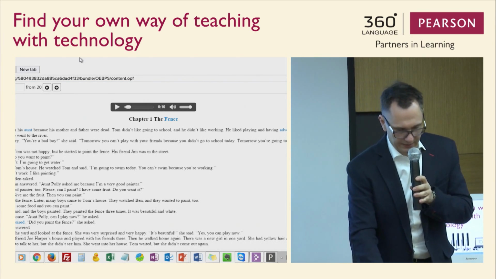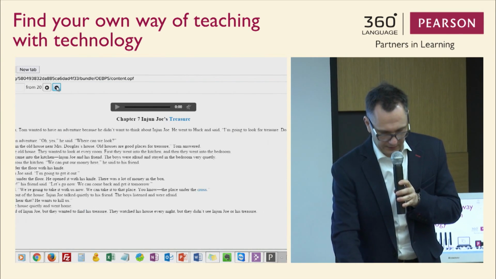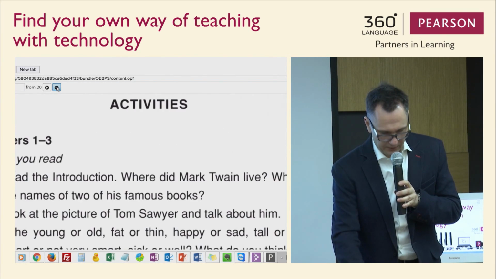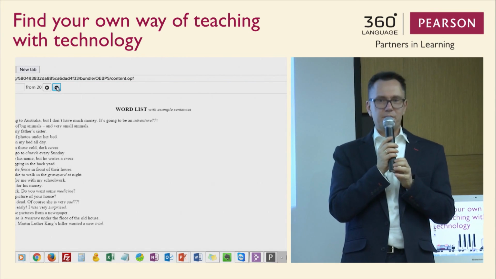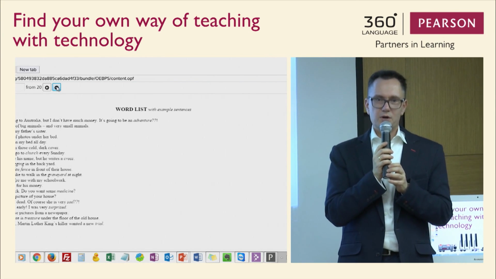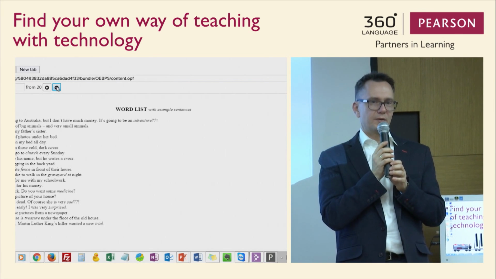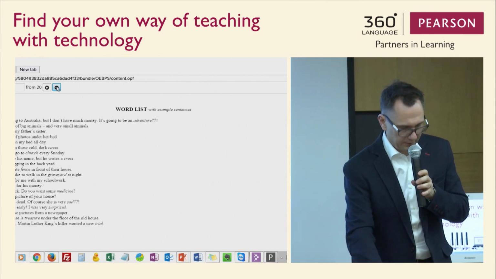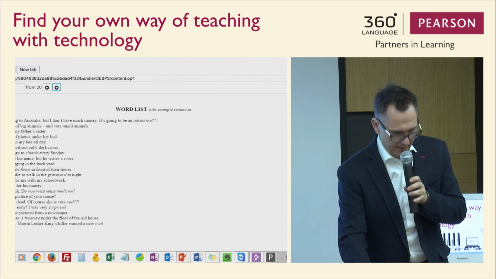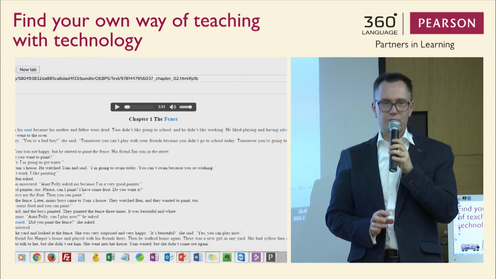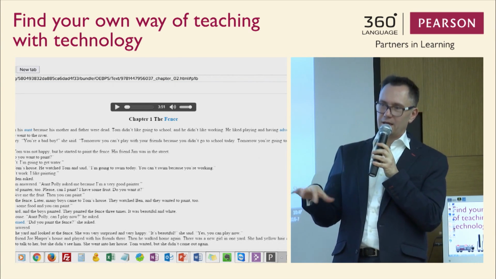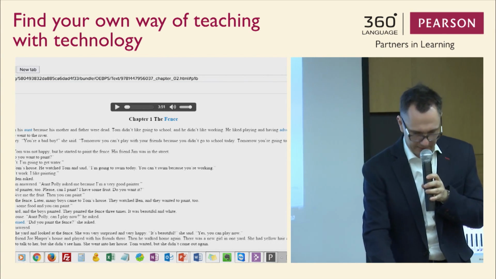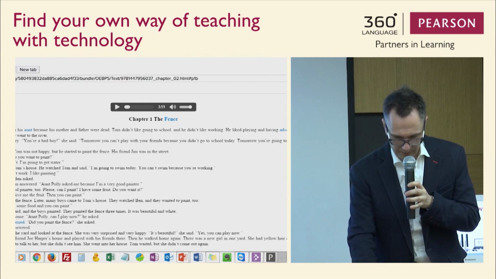And for this reason, at the back of the book, you will have a list of words that appeared in blue in the text of the book. And they will be illustrated with examples. And if you click on the word, it will take you back to the page where it appears. So this is also kind of helpful if you want to use graded readers for educational purposes.